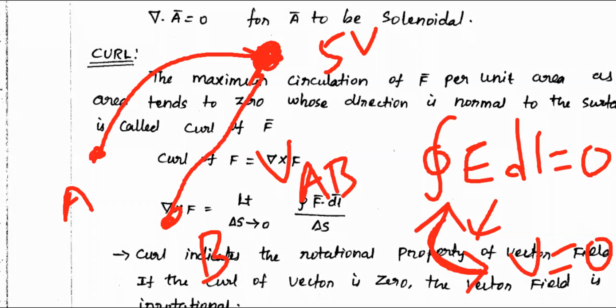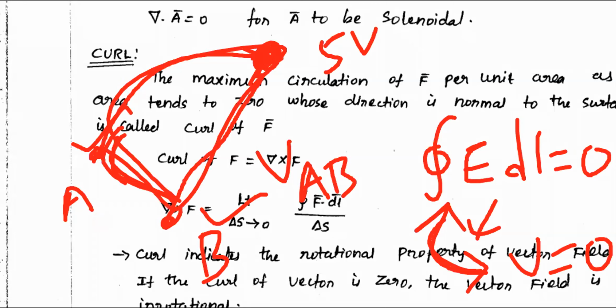Nothing. There will not be any potential difference, because you are connecting both the A and B terminals to the same voltage. Then definitely there will not be any potential difference. The potential difference is 0. Instead of connecting this in this way, it's as good as making a short circuit, because the voltage at A and the voltage at B are the same, and again it is forming a closed line. That's why the closed line integral of E dot dl is equal to 0.